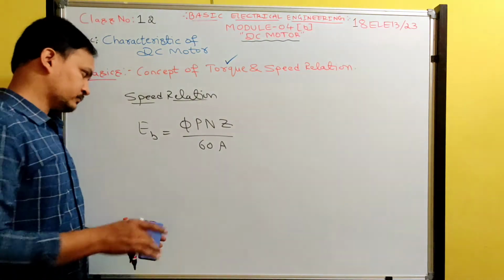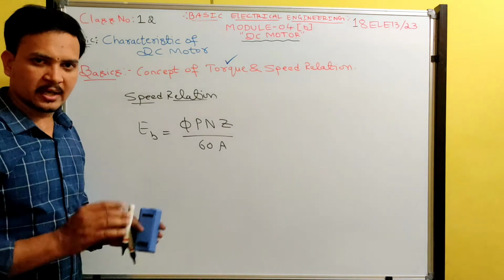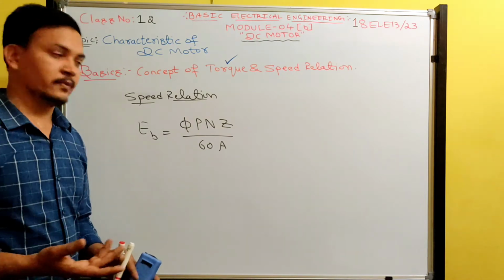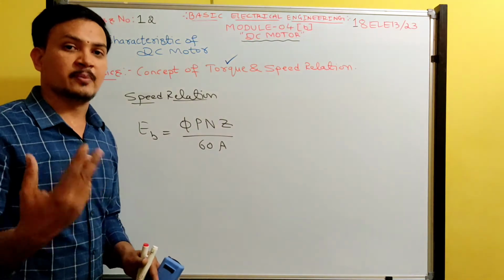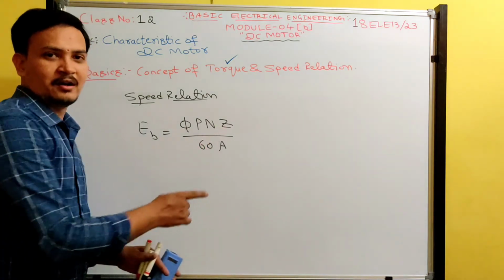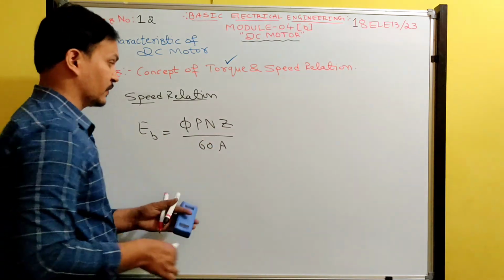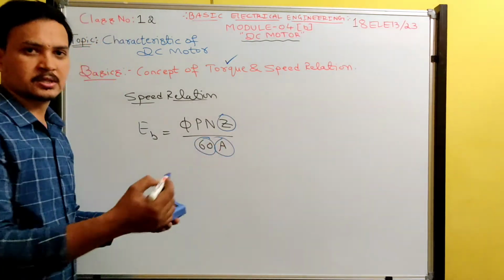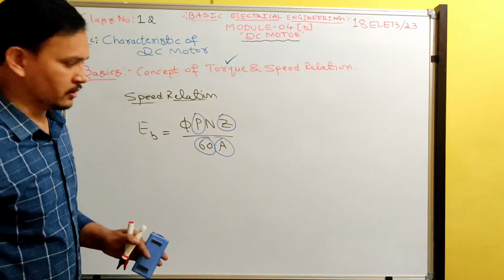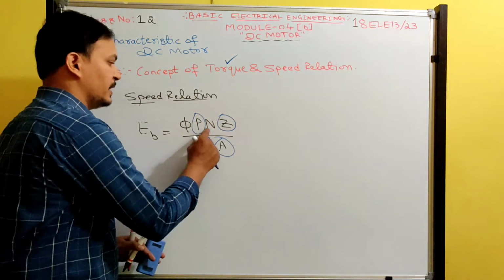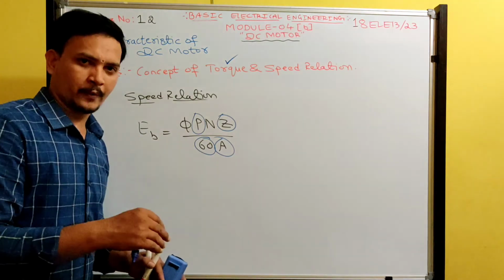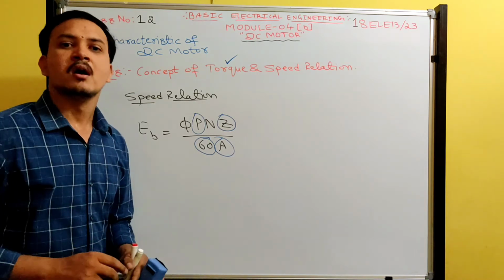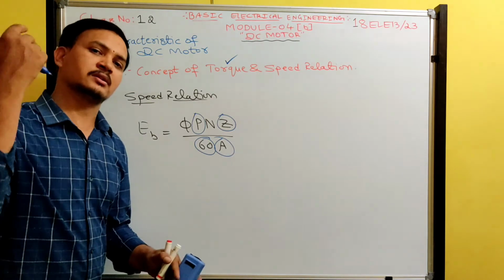Now, in order to get the required back EMF, you cannot change certain parameters. If back EMF is 150, and suppose you need back EMF 140, then you cannot suddenly change the number of conductors. The number of conductors is fixed, this 60 is fixed, the number of parallel paths is fixed, and the number of poles is fixed. But you can change flux, and speed you can adjust by putting an external load. If I apply some load on the motor, speed automatically reduces. If load is released, then the motor runs at high speed.